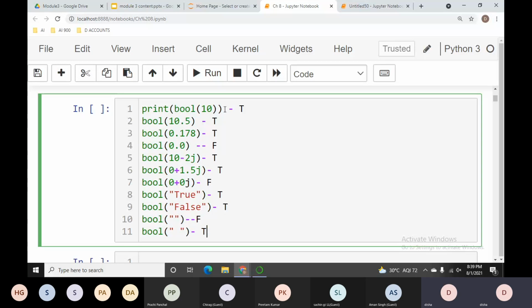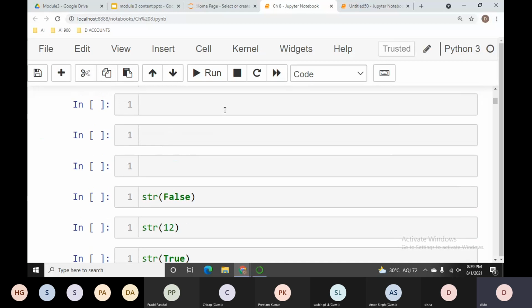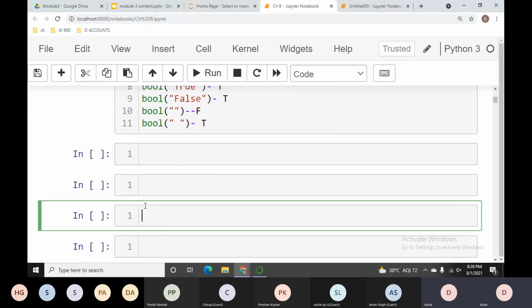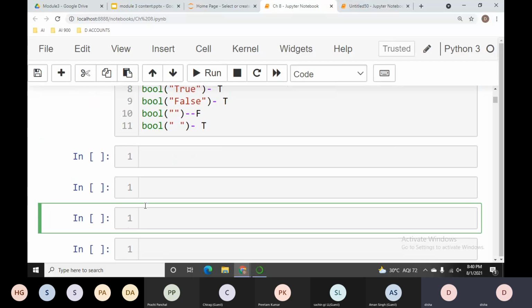Now is there any doubt with these all Boolean values? If I'm having empty string or no value, this will be false, otherwise true. Any value, any integer, any complex, any string value, or any space even, they will give the result true, otherwise false. So when your values are 0, or you can say a blank string, you will get the result false. Yes guys, I'm clear. I hope so. Please let me know, so I will move ahead.